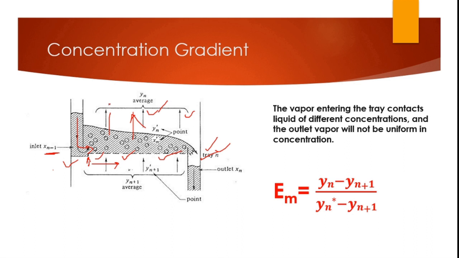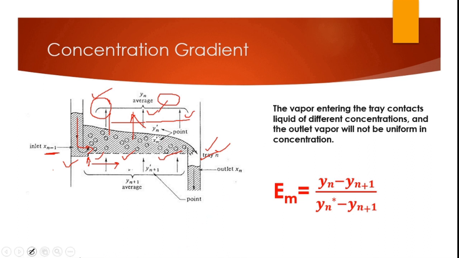So the vapor that is available in the initial portion of this entire space will be the most concentrated one, and the vapor in this part will be the most lean one from the perspective of the most volatile component, isn't it? So this concept is very important for this lecture. Okay, so let's proceed.